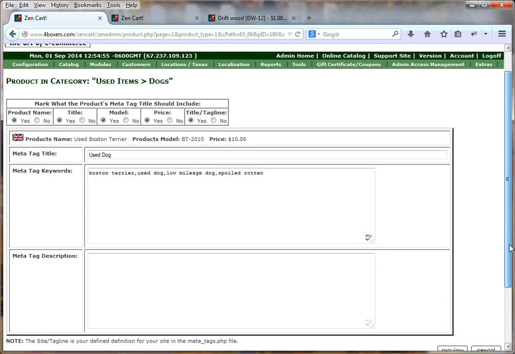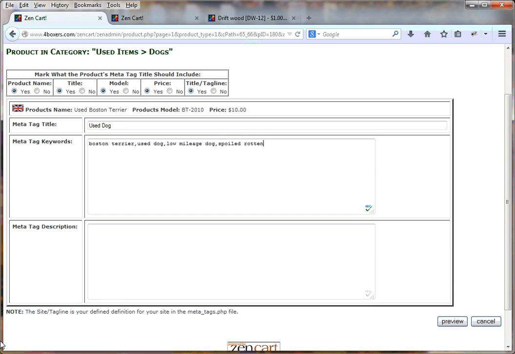Okay. Now what we're going to do is go to the meta tag description. That's if you go into the search engines and you search for a specific thing, you're going to see something like, in the blue letters, like for Google. I think they're the only search engine out there. I've heard there's some others, but you'll see, like in the big blue letters, like used dog, which would be like some of the keywords or part of the meta tag description. So on that meta tag description, we're going to go ahead and put in there used dog,